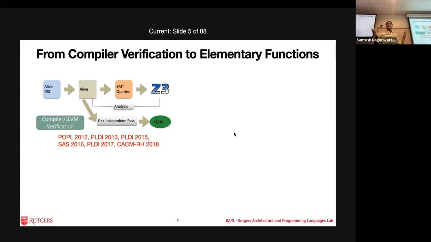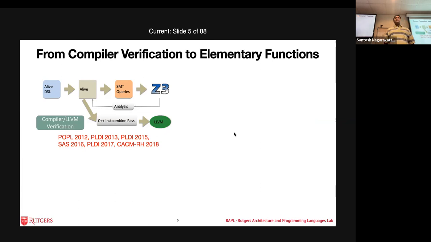He also won the John C. Reynolds Outstanding Dissertation Award. And more gratifying thing, now looking back at it 5 years later, is it's now widely deployed in practice. If you want to get a new optimization into LLVM, it's checked using Alive, which is our domain-specific language and a verifier. Okay, it's used by 12 companies in production. Okay, this is what we were doing. And David